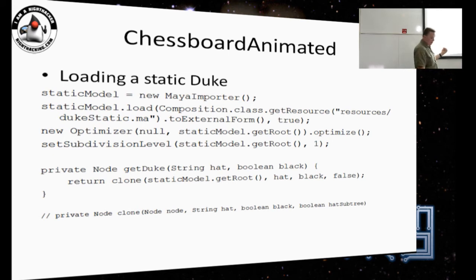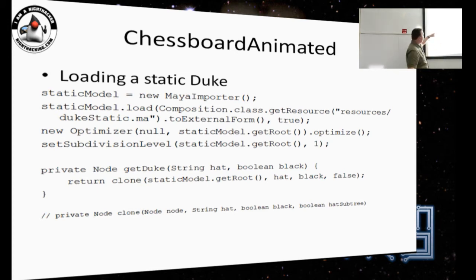If we go to a static Duke, it's a little bit trickier, just because we wanted our static Dukes to look even nicer, because we have so many of them. The trick of this program is that simultaneously we have at most 2 animated Dukes on the scene, but all the static Dukes are always here, and we replace them as they are involved in movements or fights or whatever.